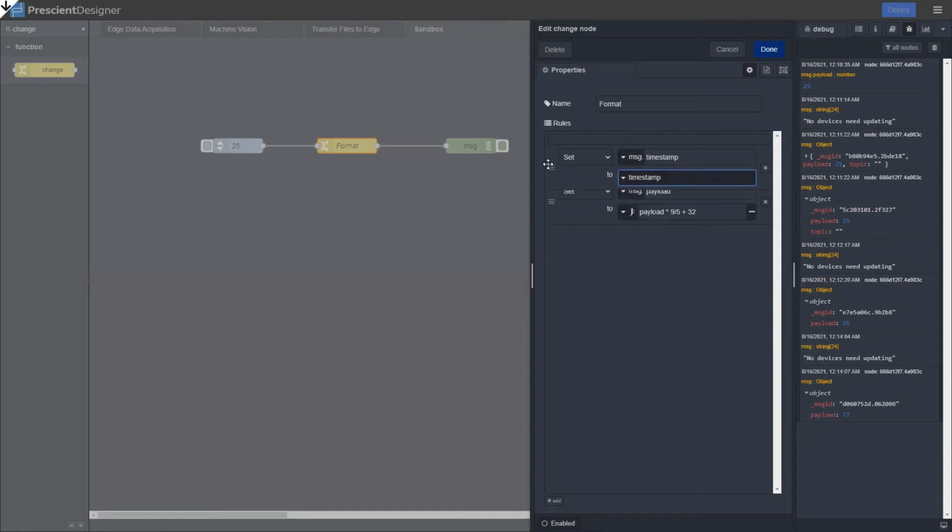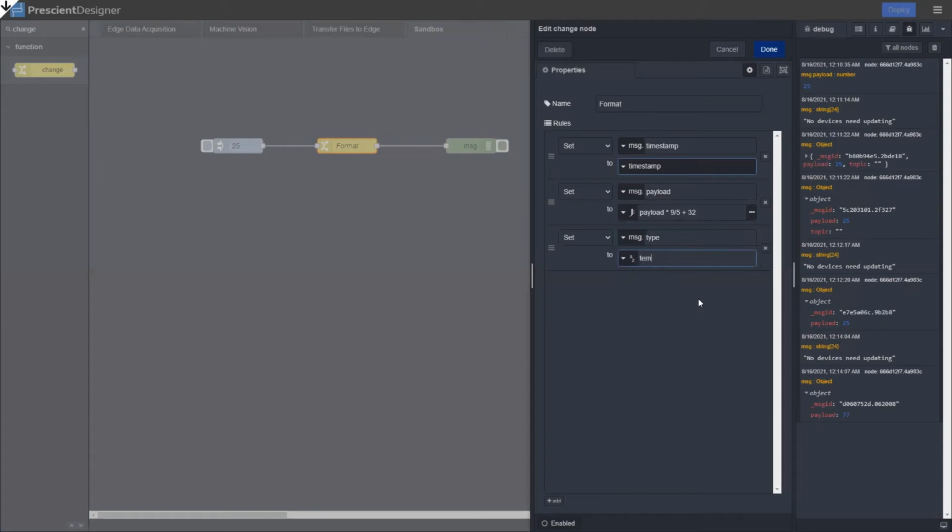Typically, I always like to put the timestamp as the first property, because you want to set the time as early as possible before you process other things. Maybe we can add another property called message.type, and that would be the type of the sensor. So we can just set it to